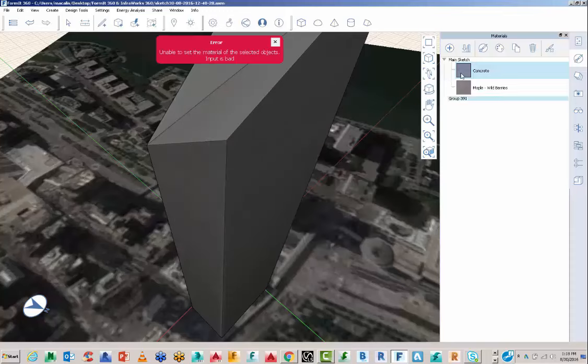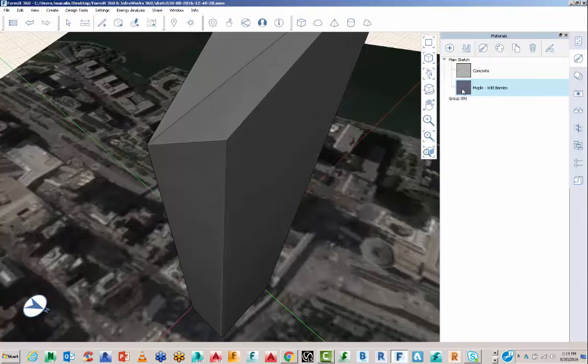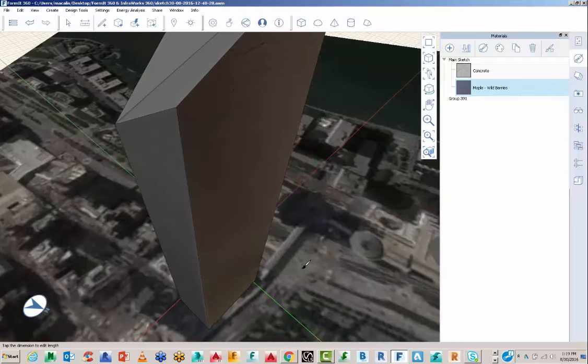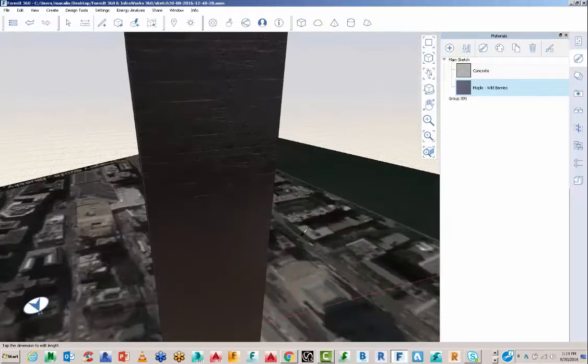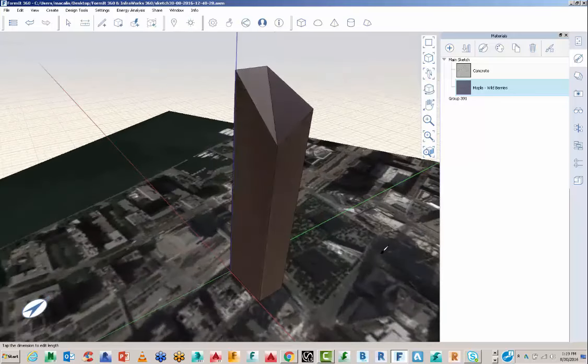So we can go OK and load that into our main sketch, and we can paint with that material. We can also edit it if we need to. You can see it's got a diffuse map and a bump map here. We're going to scale it up just for the scale of the building. It's got some reflectivity already set, and then just paint with material. As we spin around the model, you can start to see in real time the reflectivity of that particular material